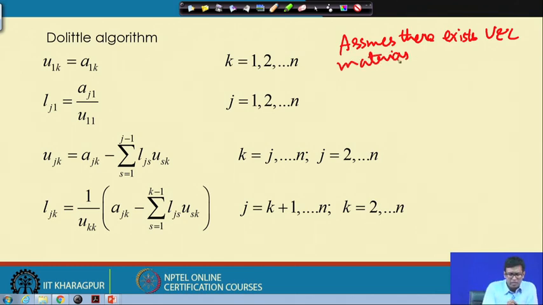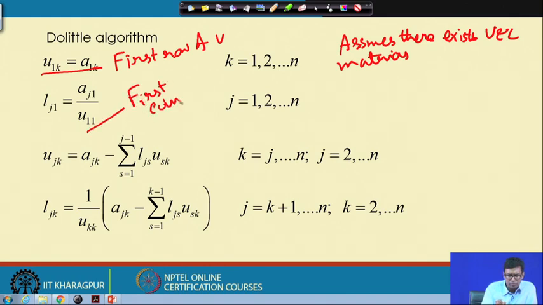Now, we can see that the first row of U and first column of L